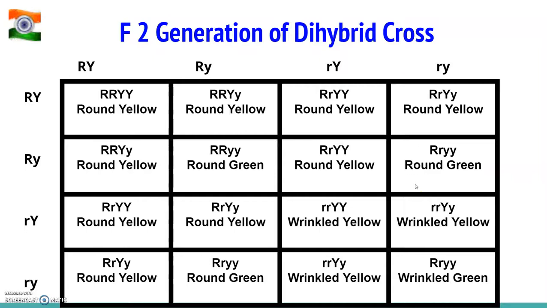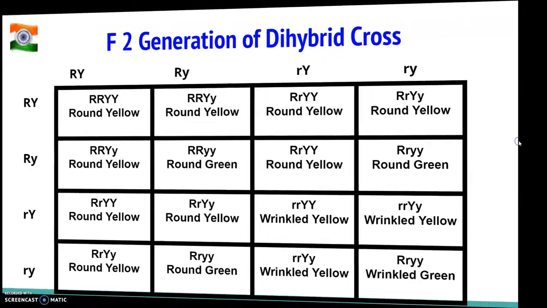And such a ratio was observed for several pairs of characters that Mendel studied, and this ratio 9:3:3:1 is derived with the combination of a series of 3 yellow, 1 green, with 3 round, 1 wrinkled, and this derivation can be given in different forms. So based on these observations on dihybrid crosses between plants differing in two traits, Mendel proposed a second law, a second set of generalizations that we call Mendel's law of independent assortment.